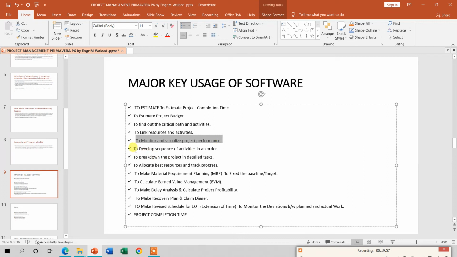It is used to develop a sequence of activities in an order, to break down the project into detailed tasks, to allocate the best resources, and to make material requirement planning, like a fixed baseline target as plan versus actual. It is used to calculate the earned value of management. It is normally used to make the delay analysis and calculate project profitability. It is used to make a recovery plan and claim trigger, to make a revised schedule for the EOT,